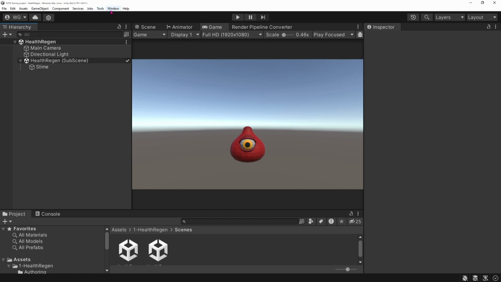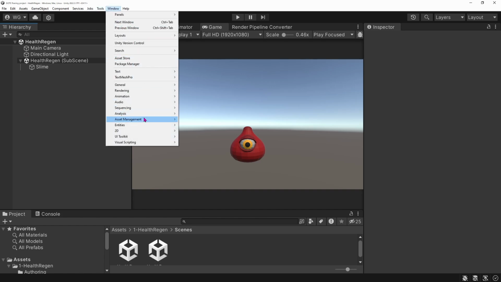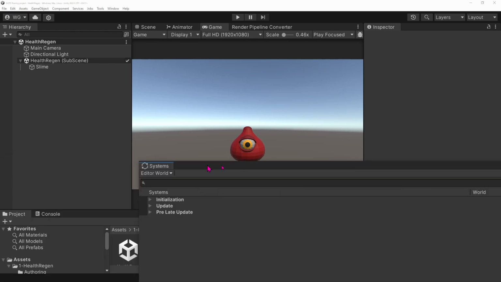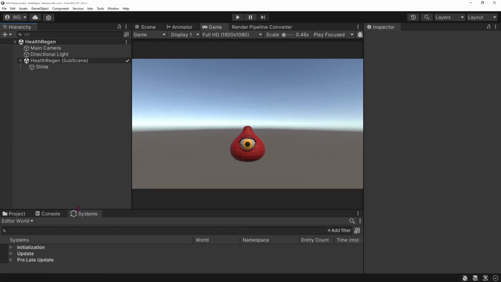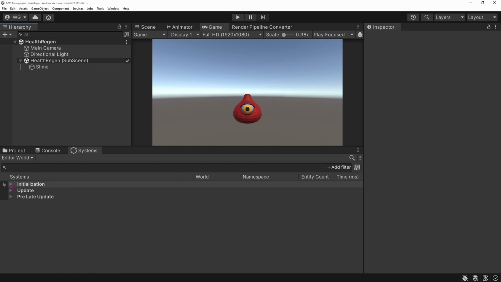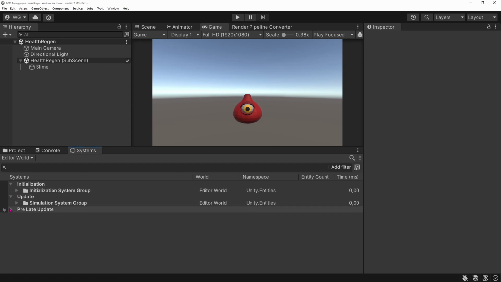So you can view all of these concepts here in the Entities window, and you can see we have the hierarchy, which is similar to the game object hierarchy, the components, which will allow you to look for all the components that have been defined in your ECS project, and the systems, which is a window that will show you basically all the systems and the organization of the systems, so the full player loop.